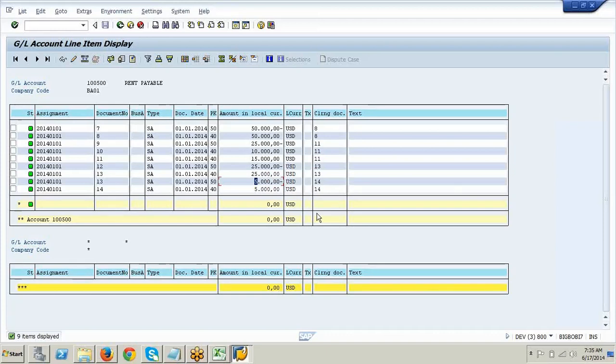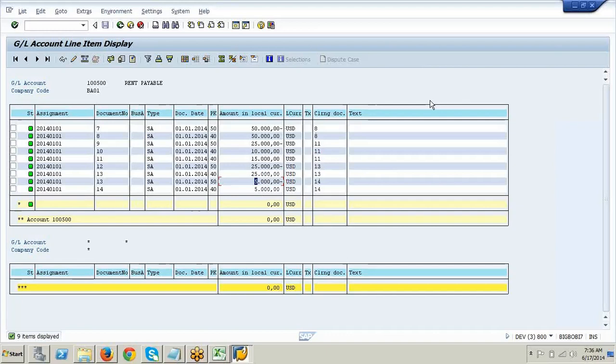See, Jacob, what I meant to say was there can be a list of many clearance documents. How do I know that the 5,000 belongs to the 25,000? Here we have a sequence, right, 13 and 14 documents. Is that sequence wise, or? No, only the 13 document belongs to this particular invoice. That's it. I'll transfer this 5,000 to bad debts, not here. So this 14 document does not belong to this particular invoice. It will go to the bad debts.